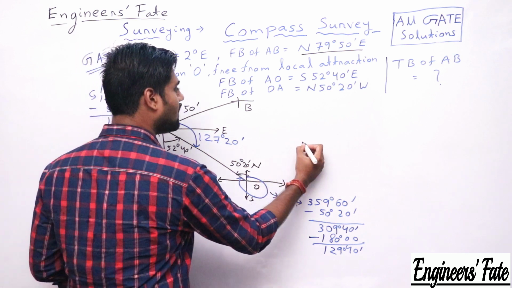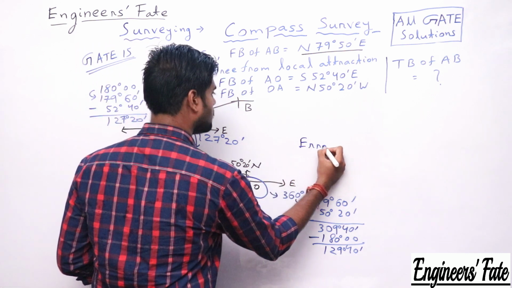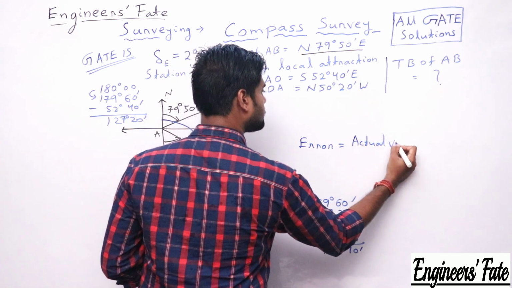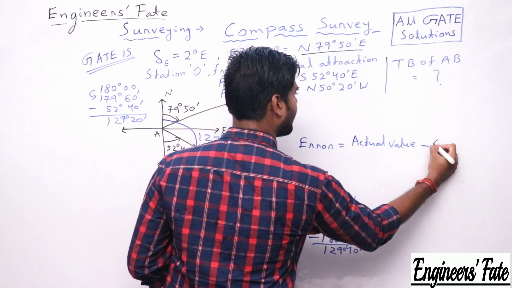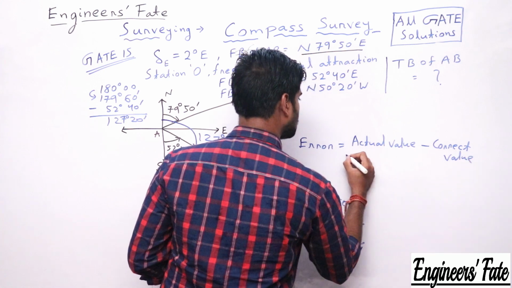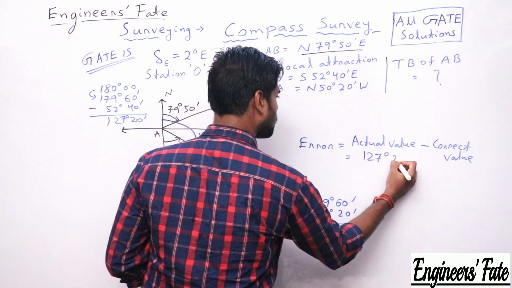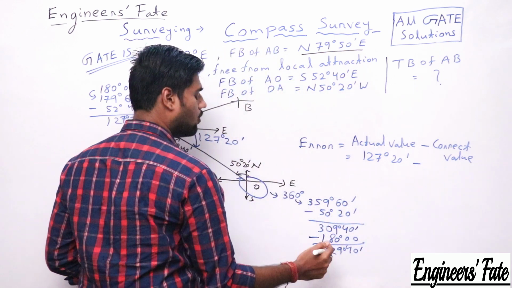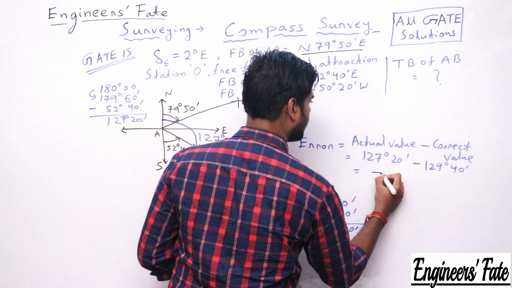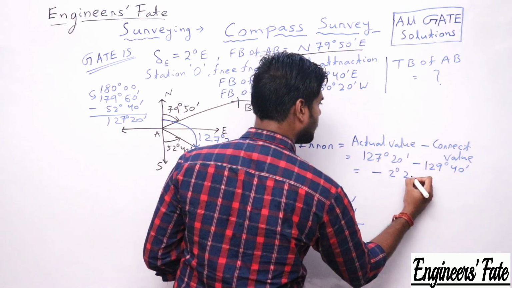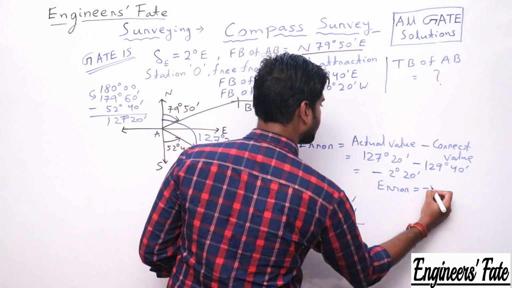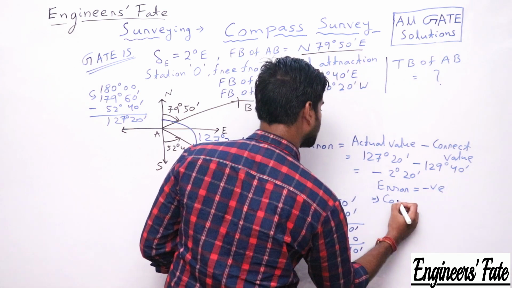Now comes, what is the error? I've told you error means actual value minus correct value or true value. So the actual value is 127 degree 20 minute. The correct value I have found as 129 degree 40 minute. So the difference is of 2 degree 20 minutes. So error is negative, means correction